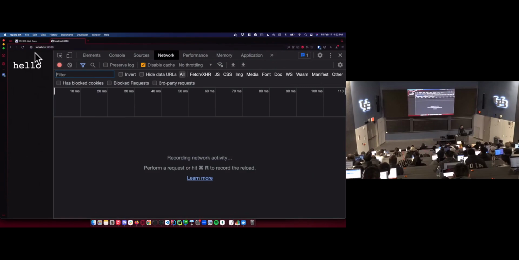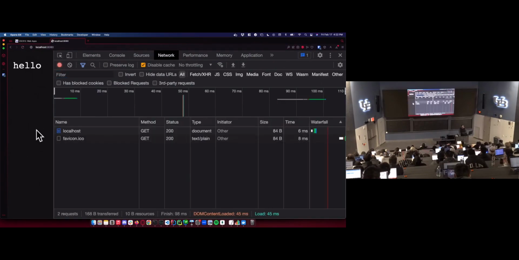For our purposes right now, what I want to show is the network tab. You'll spend a bit of time in here, unless you can just one-shot your homeworks and everything works perfectly the first time. This is going to be your biggest debug tool to figure out what's going on wrong with your app when it doesn't work. So if I go to the network tab, I can see I got 2 requests. You'll see these